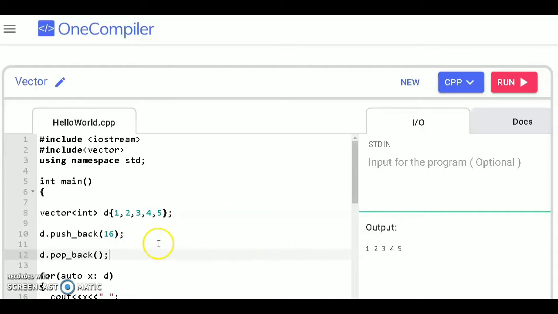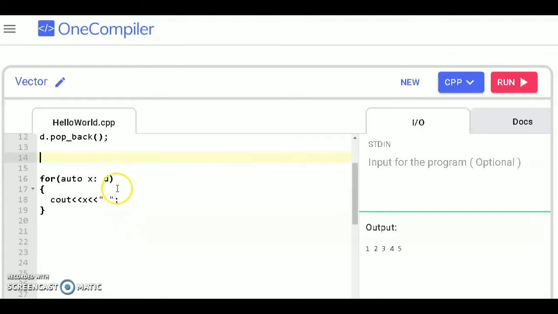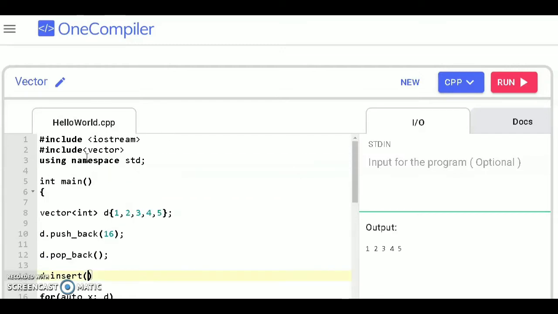And if we wanna insert element at the middle of the vector, we can insert by using the insert function, and the time complexity for this insert function is order of n. So let's say d dot insert, and for insertion we have to pass the iterator.